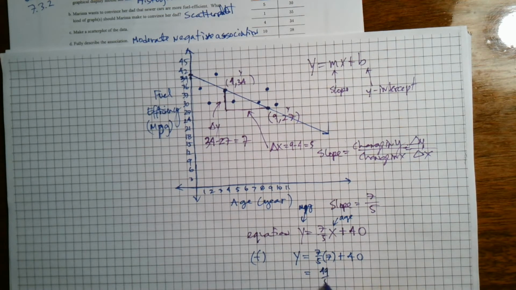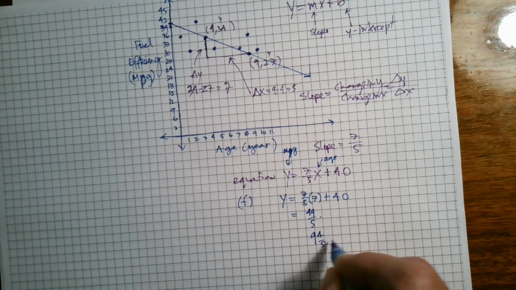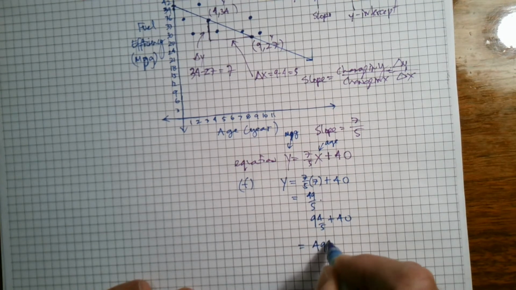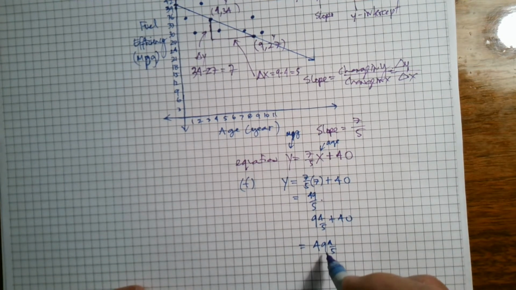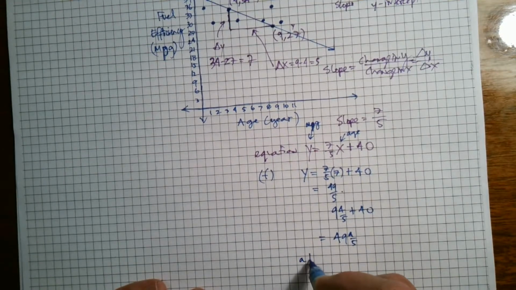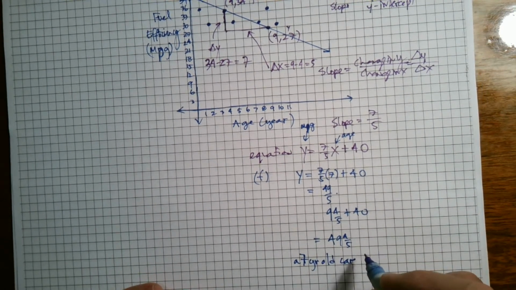So that's 49 over 5, which is 9 and 4/5, and 9 and 4/5 plus 40 would equal 49 and 4/5. So almost 50. So our fuel efficiency, so for F, we would say a 7-year-old car